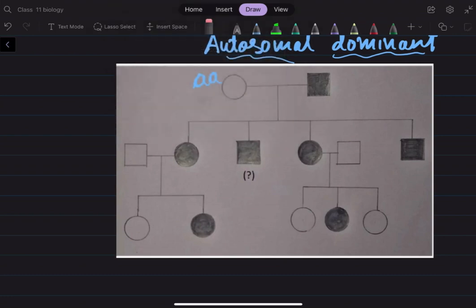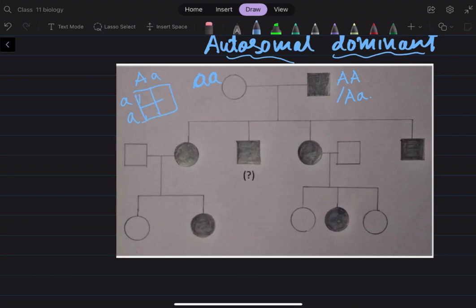So this is small a, and the affected parent can either be homozygous dominant or heterozygous in condition. To know that, let's make a chart. If it were homozygous dominant, then all of them would give rise to heterozygous dominant, and all the progeny would be affected with the disease. In case it was heterozygous,